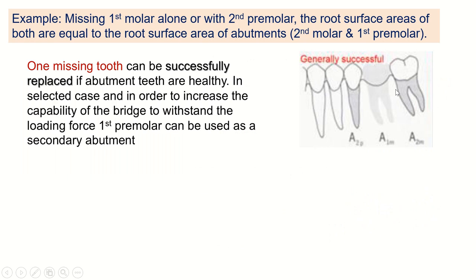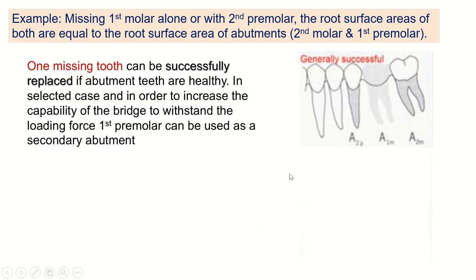في حالة عندي one missing tooth like this case اللي هو lower 6 if it is replaced by two abutments راح يكون great generally very successful fixed bridge. ليش؟ لأنه perisegmental area of the abutment teeth هنا greater than the tooth the last tooth فبالحالة أعتبره successful. في بعض الحالات إذا كان عندي هنا ال first premolar already يحتاج إلى restoration أو أن يكون ال periodontal condition of the abutment not good enough فبالحالة ممكن إنه أضيف ال first premolar to the design حتى أحصل على more